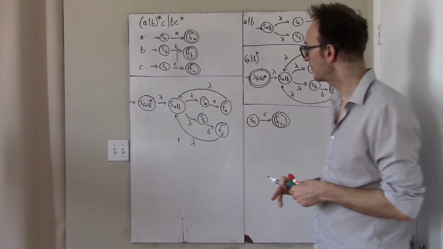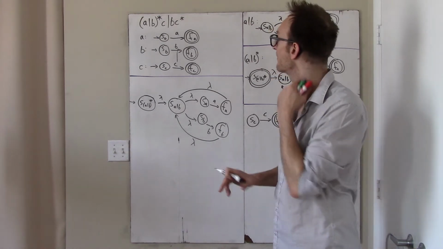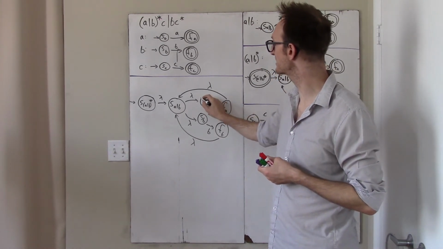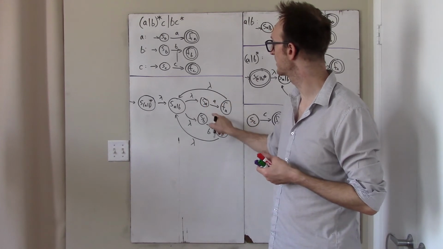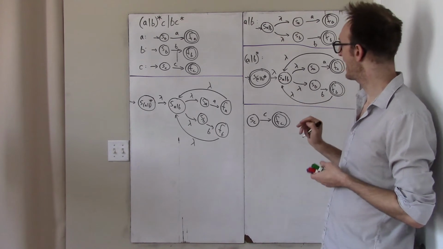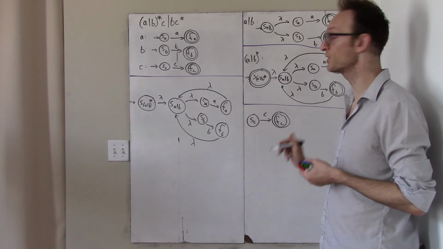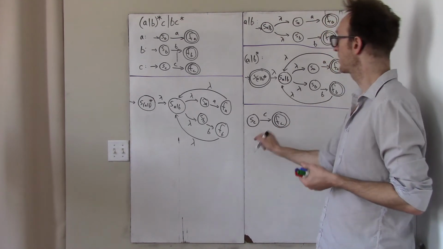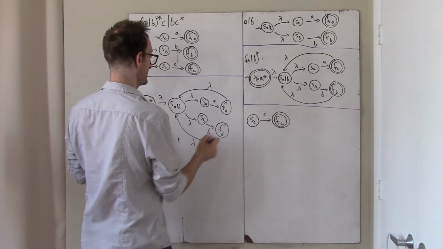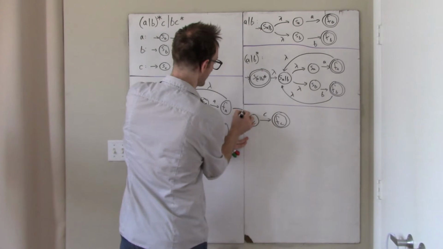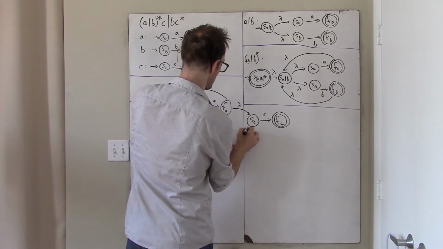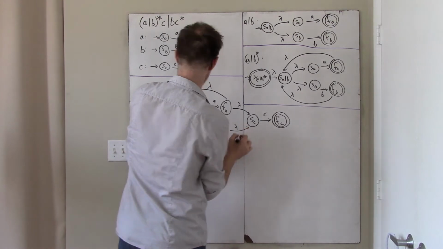I remove the accept state status of every state in this machine on the left, so 1, 2, 3, and I add a lambda from those 3 states to the start state of the machine on the right. So I need a lambda from here to here, a lambda from here to here, and